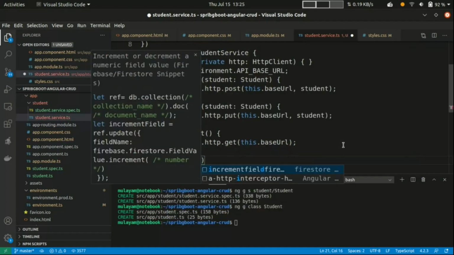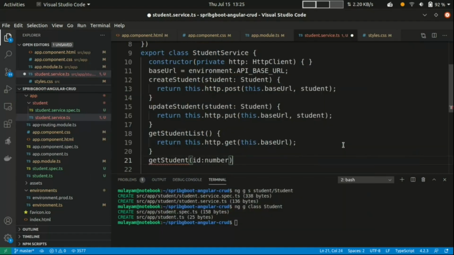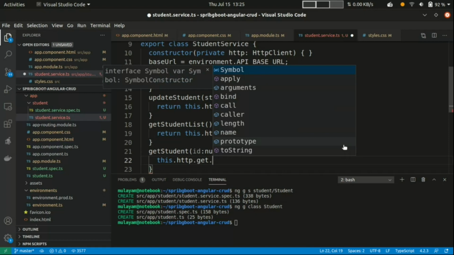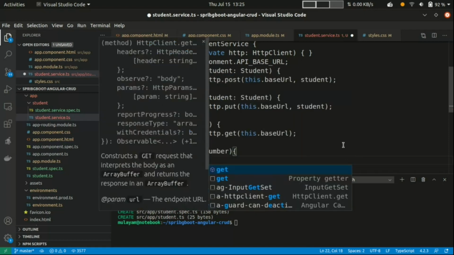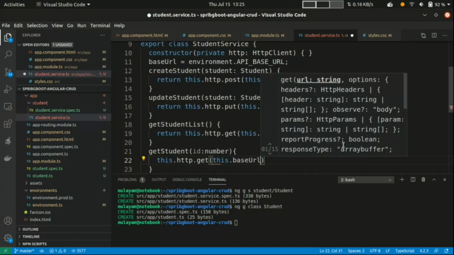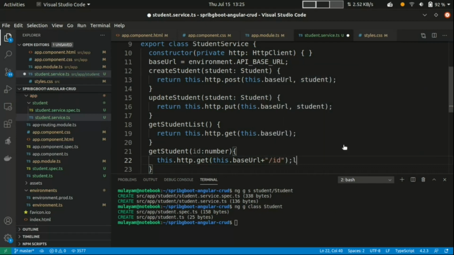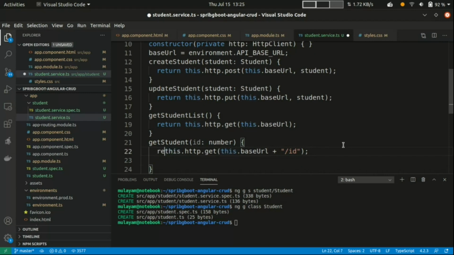Next one is get student, it is for a specific ID, so this.http.get, here base URL and just concatenate the ID. Okay, so return this one.